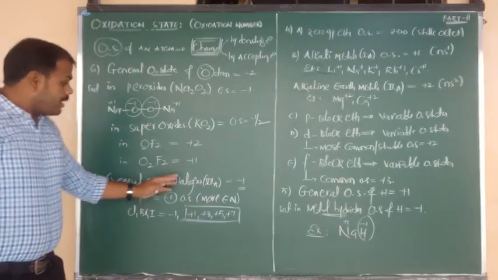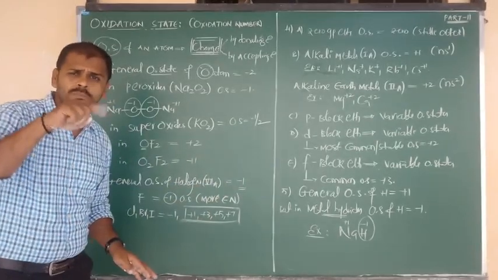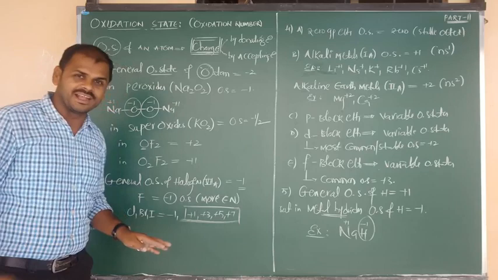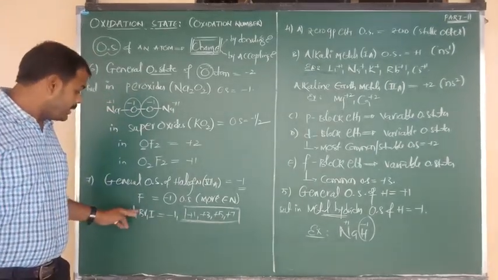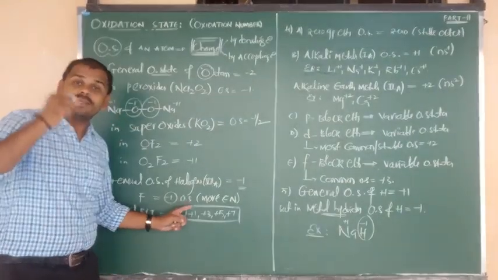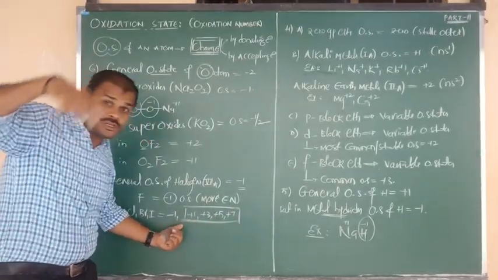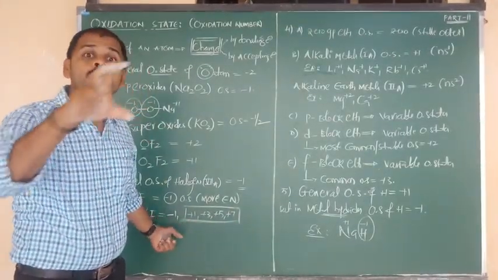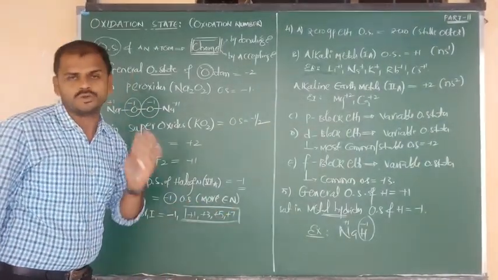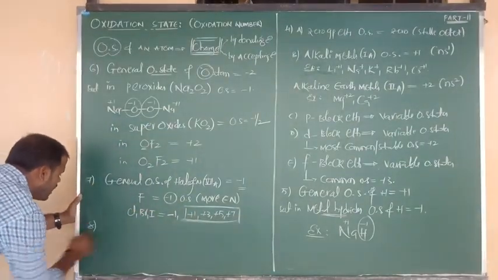Once again, generally all halogens show the -1 oxidation state because of group 7, which means 7 - 8 = -1. But fluorine contains only -1 due to more electronegativity, more gaining tendency. The remaining chlorine, bromine, iodine generally show -1, but along with -1 they can show +1, +3, +5, +7. How? For these 4, in tomorrow's class I will give you 4 different examples showing how the element shows 1, 3, 5, 7.